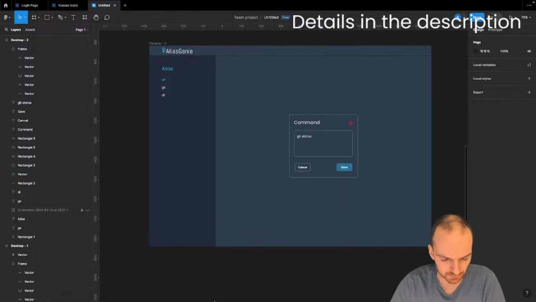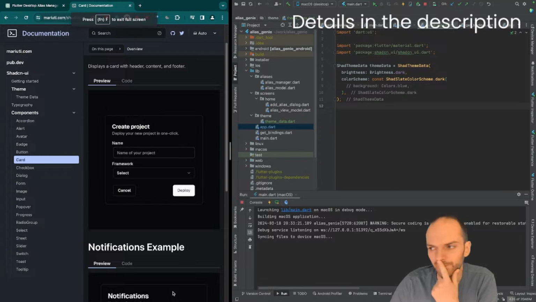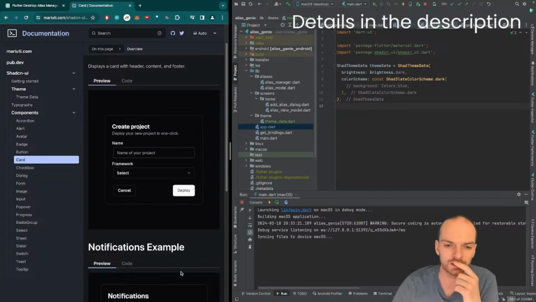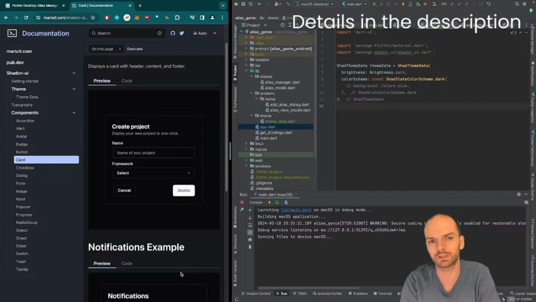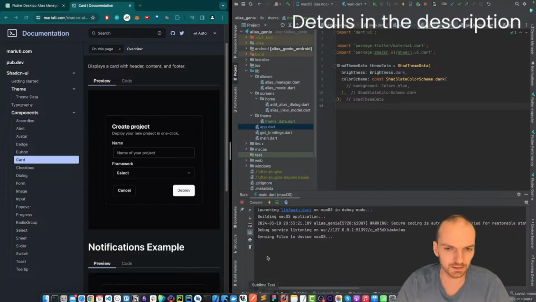Next step would be to implement this in Flutter, and the step afterwards would be to fix the permissions and make sure that the installer is correctly configured so that an external user is able to launch the app and use it properly. Once we have that, I'll send the app to a couple of friends to gather some feedback and start working on the landing page. So just to recap what we've done today,